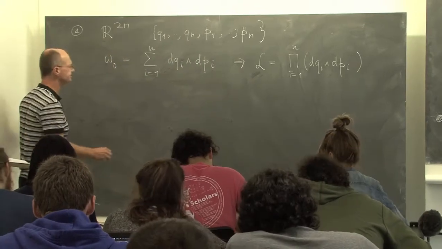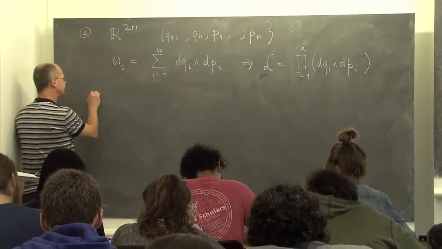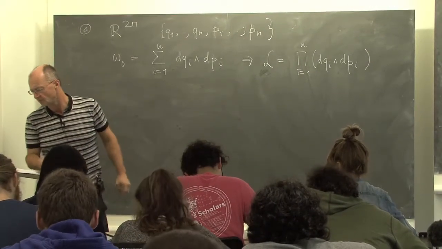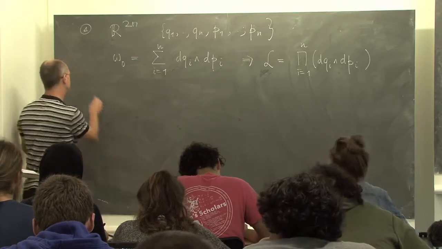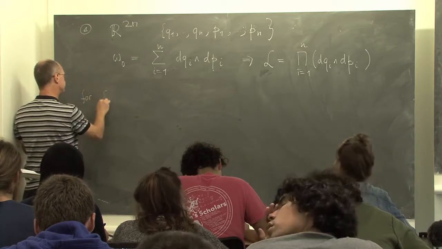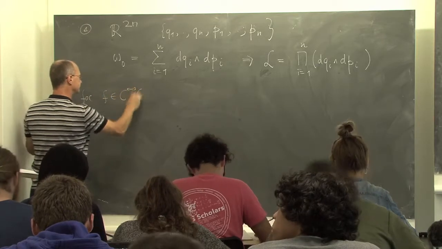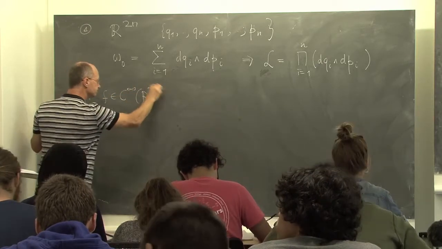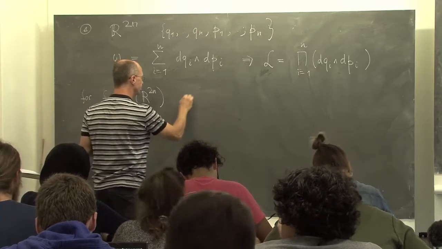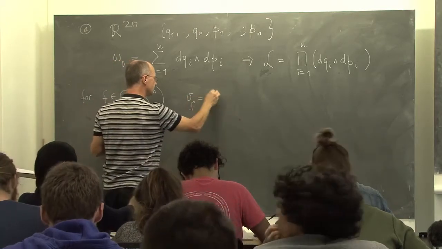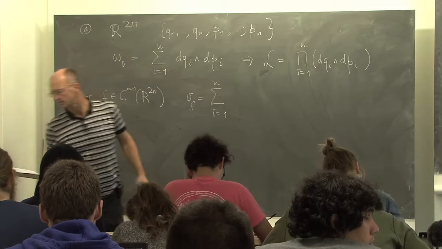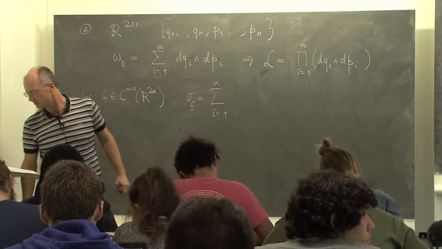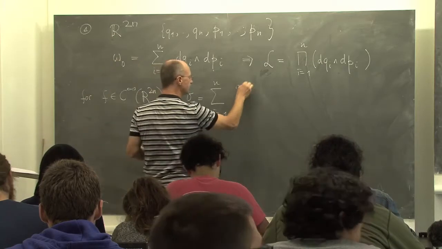And perhaps let's write a Hamiltonian vector field. For f a smooth function, the Hamiltonian vector field, and now I should try to get the sign right. I think it's